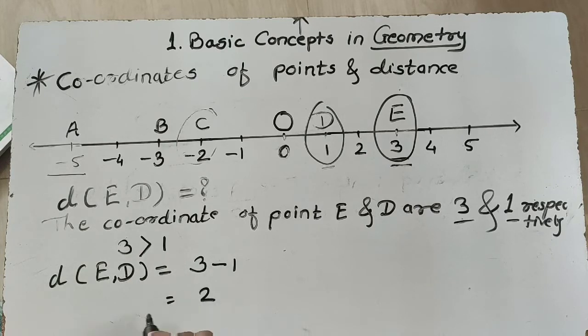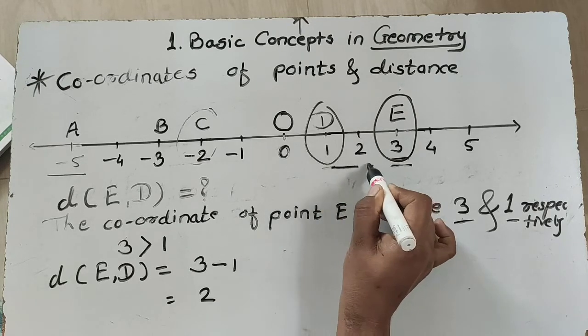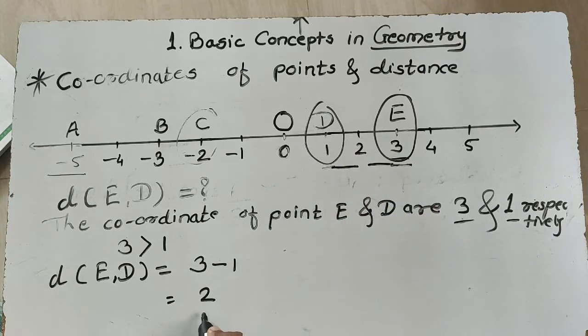So here it is 2, and in the picture also, in this number line, this is the first and that is second, which means the distance between D and E is equal to 2 units. Okay, then